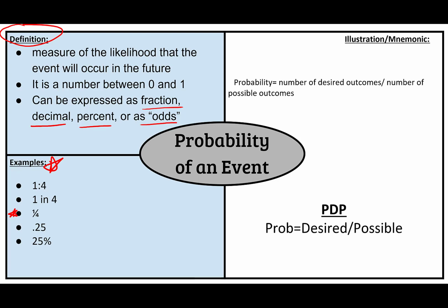You'll notice that in all of these examples, we're using the same measure. Each of these reflects a probability of 1 to 4, 1 in 4, 1/4, or 25%. They're all equal probability. I just went through and showed you all the different ways in which you can write it. So in the example, if you were to be shooting a free throw in basketball, right,